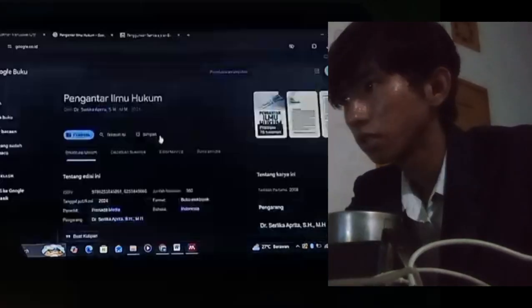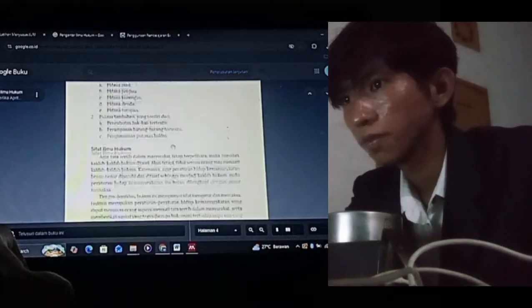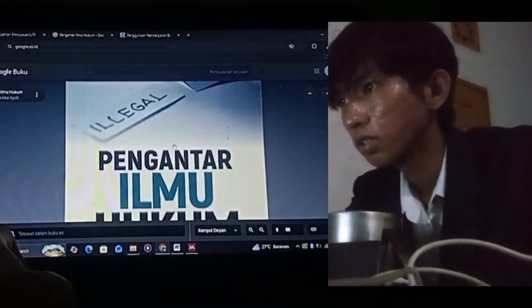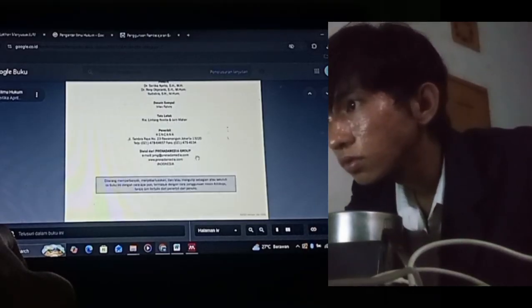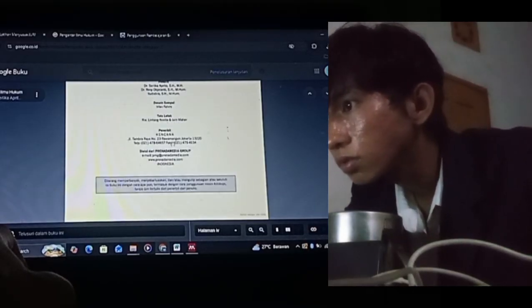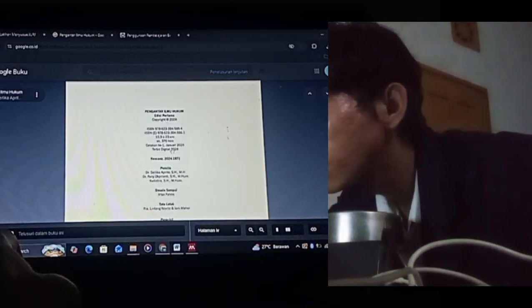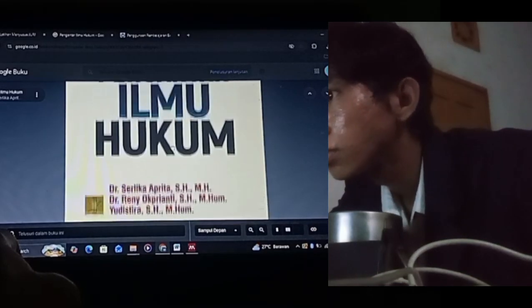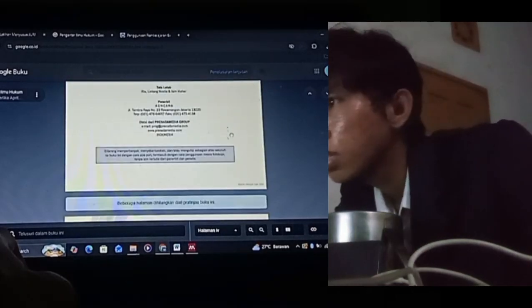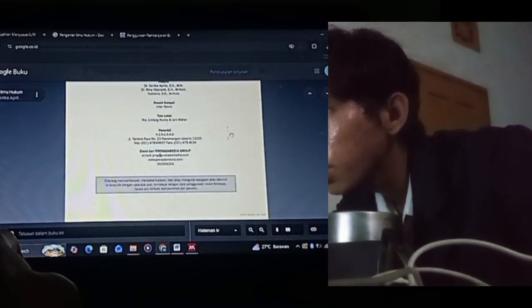And the city is where this book was made. In this book they don't have a place, so I will skip the place.